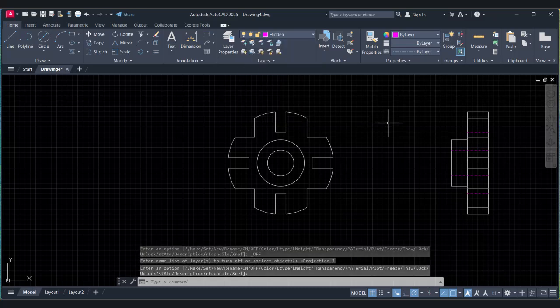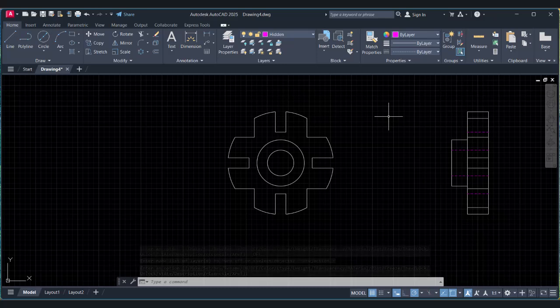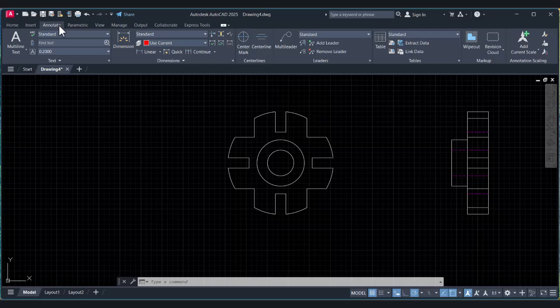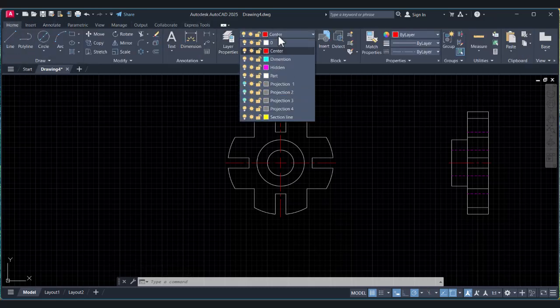Next, what is left is we just have to draw the center lines. So go to center line and annotate, and draw the center point for this one, and then a center line between this and this, and a center line also between this and this, like that. So this is the drawing. It's complete. We just have to put in the dimensions.